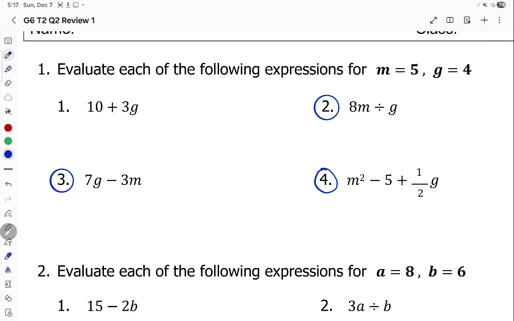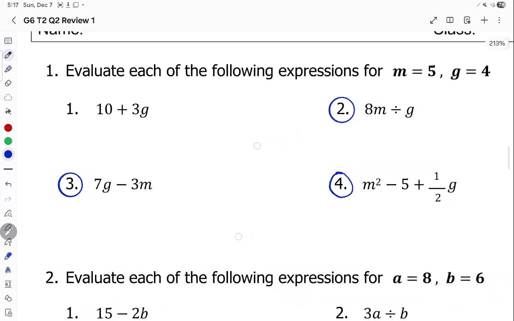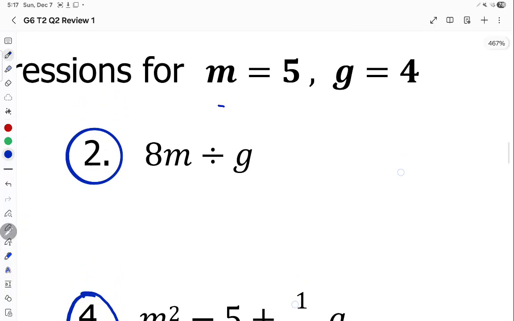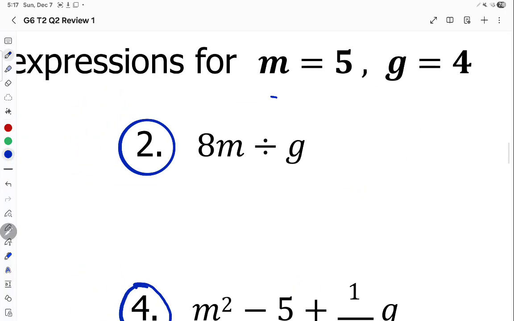So in this topic, they will give us an algebraic expression and they will give us values for it. We are expected to substitute the values of the variables in the expression and find the answer. So let's start with this one: 8m divided by g. Now I know my m is 5,